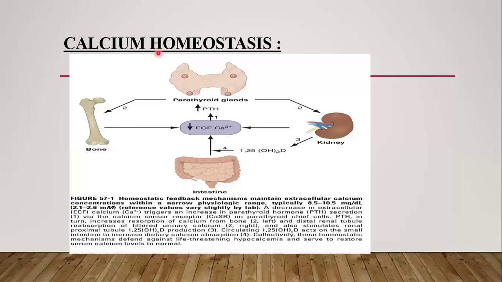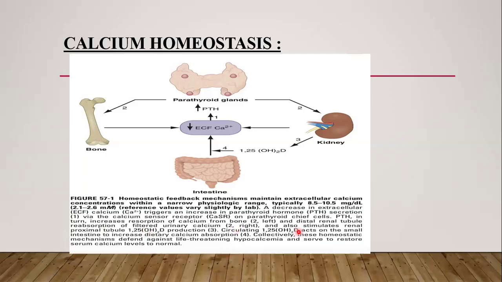Calcium in our body is maintained at the normal level by feedback mechanisms, which help to maintain extracellular calcium concentrations within a narrow physiological range, that is between 8.5 to 10.5 milligram per deciliter. A decrease in serum calcium triggers an increase in parathyroid hormone secretion via the calcium sensor receptor on parathyroid chief cells. Parathyroid hormone in turn increases resorption of calcium from bone and distal renal tubule reabsorption of filtered urinary